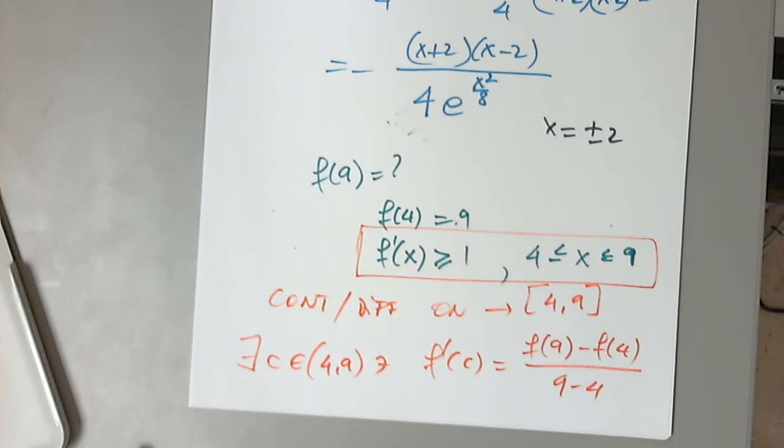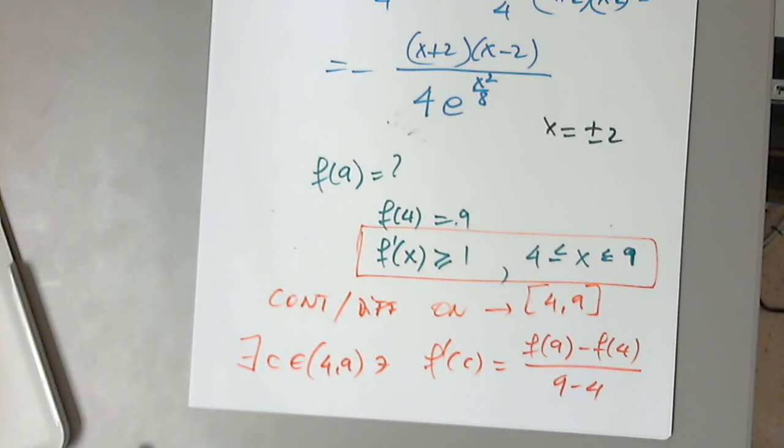No, because you can have corners, you can have cusps, right, or vertical tangents. But if it's differentiable, I know it must be continuous on that interval. Outside of that interval, I don't know, but on that interval for sure. Okay, so then